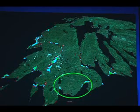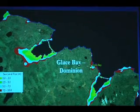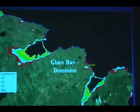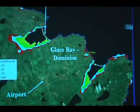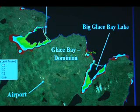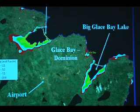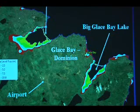And the next shot we're going to do is fly around and come in as though we're going to land at the airport. And just to get yourself all geared up for that, this is where Glace Bay Dominion is. And here's Sydney Airport, Dominion Beach, and Big Glace Bay Lake. And here's the color coding for the different levels of sea level rise. As I mentioned before, I'm looking at all of Cape Breton, so these are pretty coarse estimates with the existing information. What you really need to get this